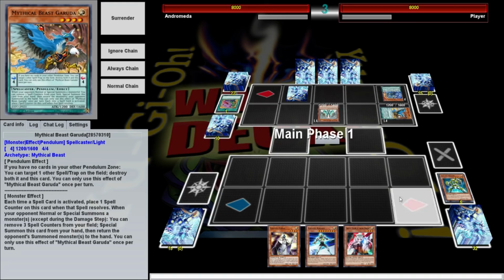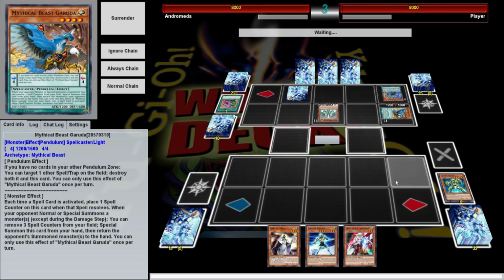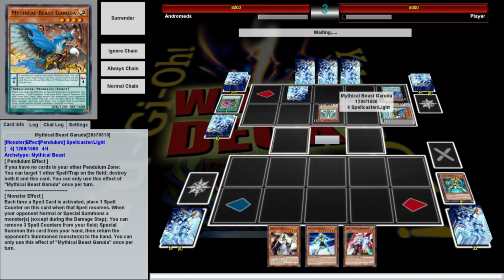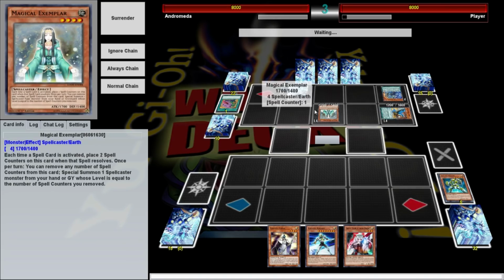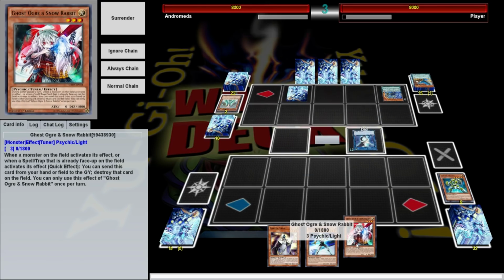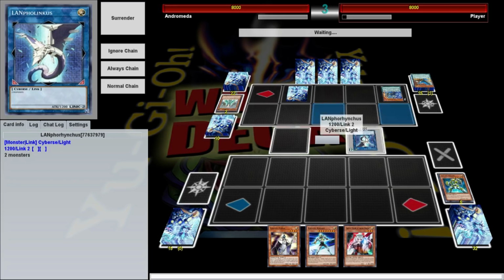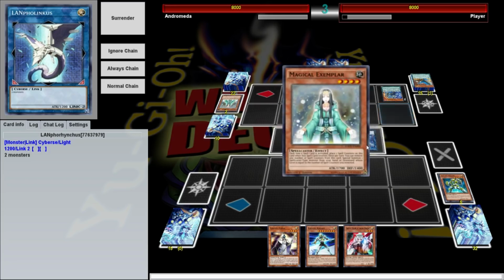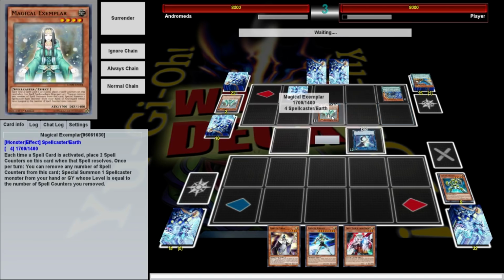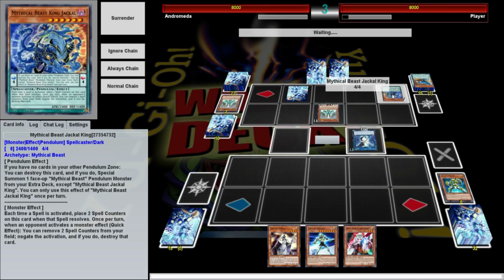I forgot that existed. I didn't think people played the pure mythical beasts anymore. I thought they just played them with other stuff. Yep, this thing is underrated. Of course, you have to have counters in order to use it. But we'll see. I still have a Ghost Ogre and a Snow Ogre. Oh, hey. It's a Lancy boy. I told you this thing. I mean, even if it wasn't out, they could still use it, but it exists. We'll see. If you have no other, you can...